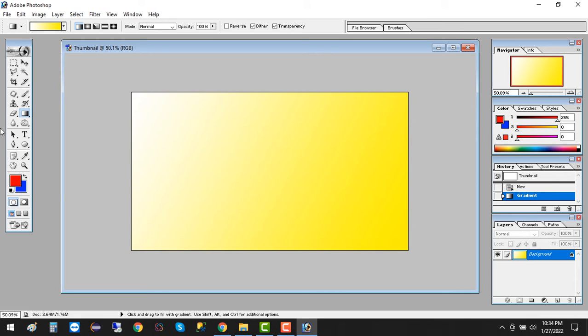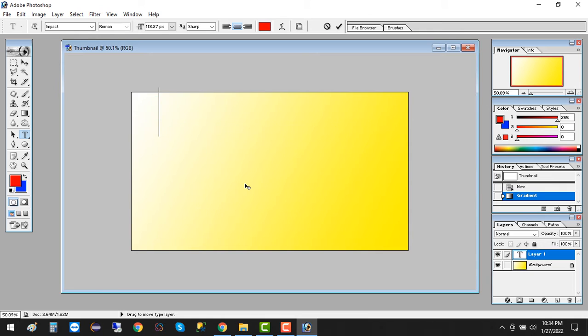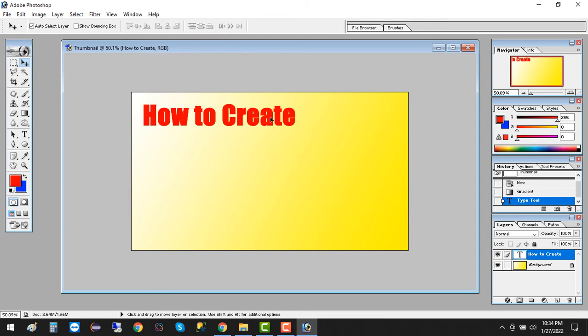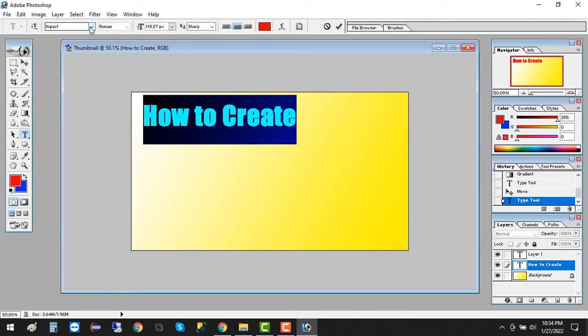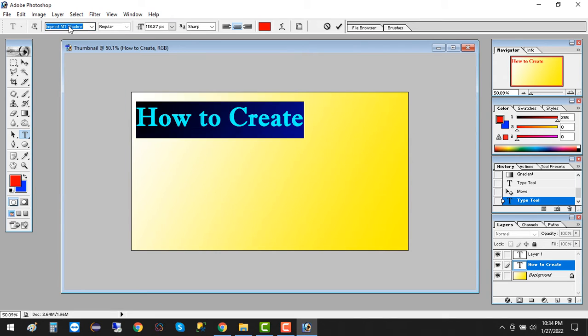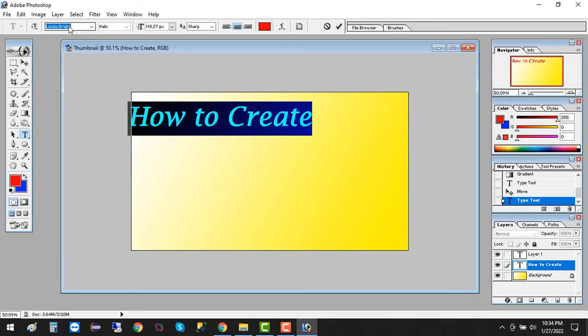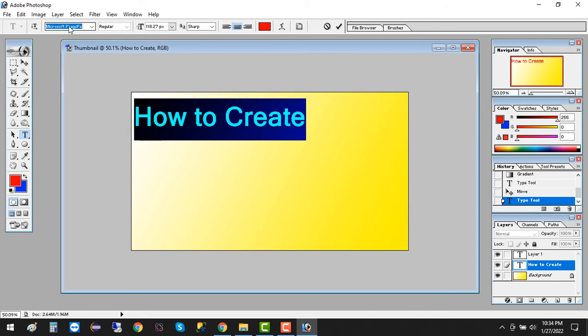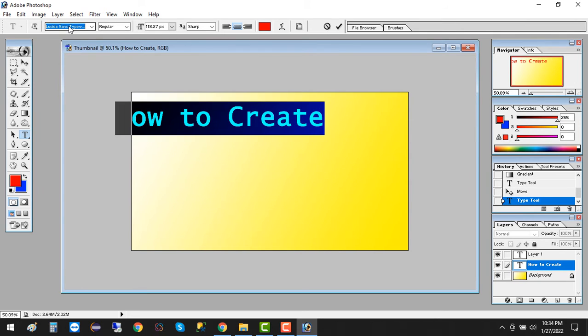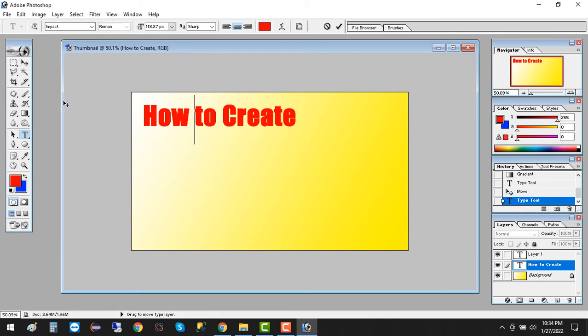Now what you have to do is write down your content, like "How to create." Okay, if you want to change the font style, go there and click here, and then change any color or any font size you would like. Press the arrow keys on your keyboard to scroll. If you know the name of the font, you can just write it down, like Impact. I'll do that, and then the second line, "How to create"